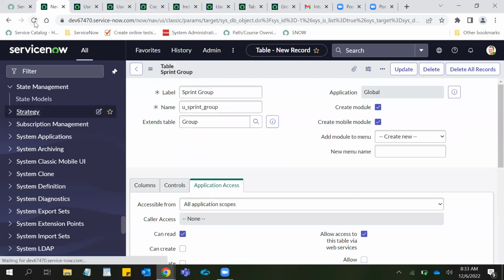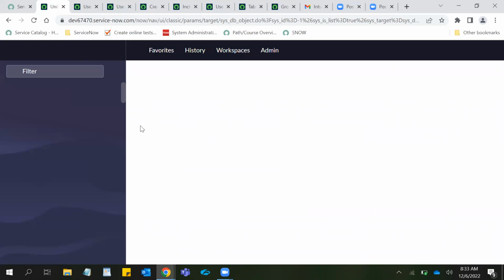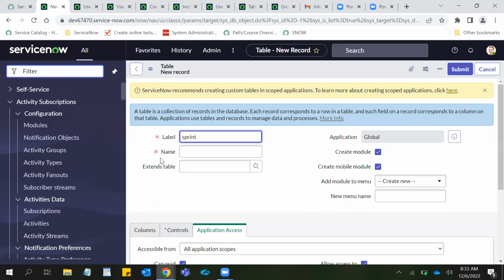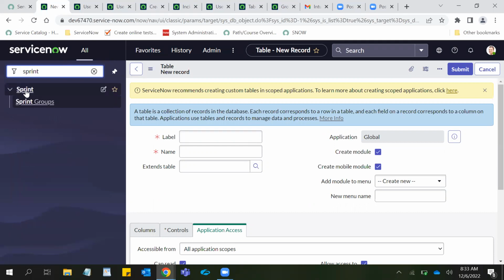If I refresh this page, as per our configuration, I should be able to see the Sprint application here, right? So let me just search for Sprint. Okay, see, I can see Sprint as the new application, and under Sprint, I can see Sprint groups, which